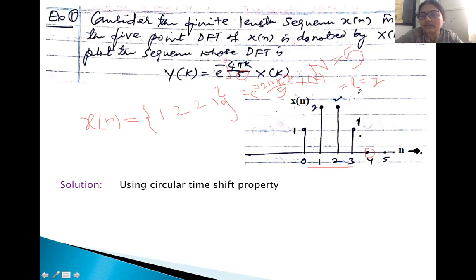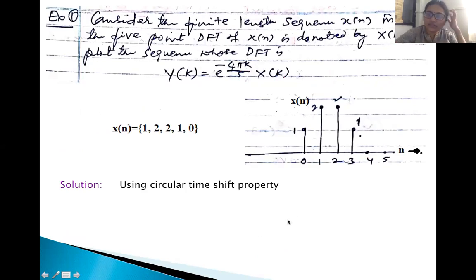Now by how much will this time domain sequence be shifted? By 2 units. Since l is positive, it will be an anti-clockwise shift. So you can see this is my sequence. And after shifting this sequence, I will draw the new sequence which I will be getting. This is my sequence, a 5-point sequence: 1, 2, 3, 4 and here one more, 5. So I have a 5-point sequence. The first point is 1.